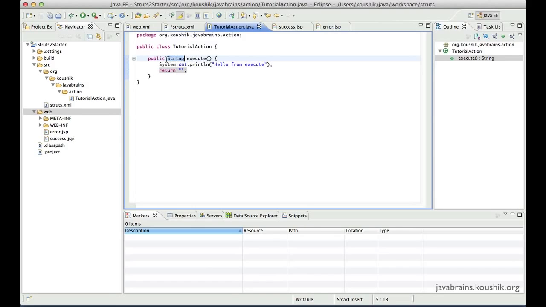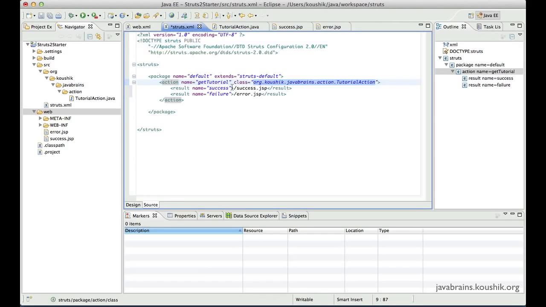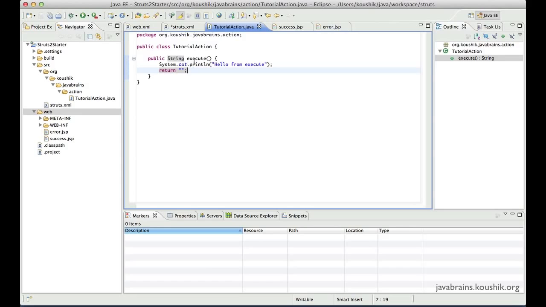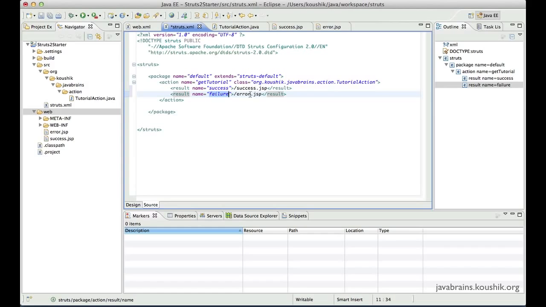You remember we had a string return type for the execute. We had just returned a blank over here. But actually what this return type means is that it's the code that the action class sends back for the right JSP to be rendered. So this could either return a success or it could return a failure. Depending on the code that this action class method returns, we can display the right JSP. Since we have configured it, Struts automatically takes care of rendering the right